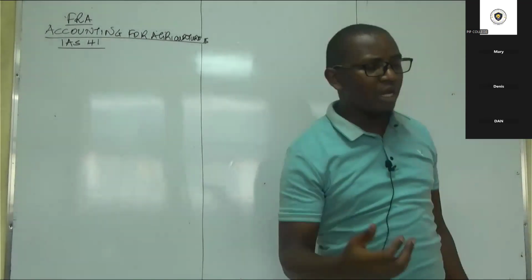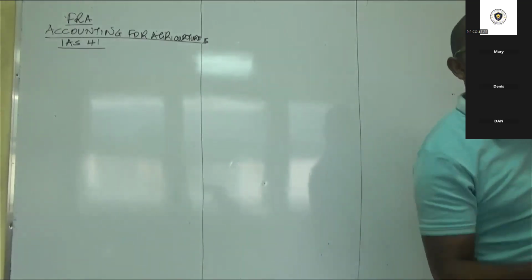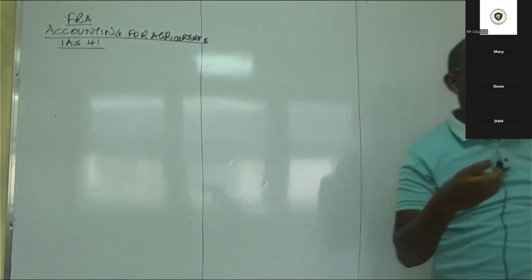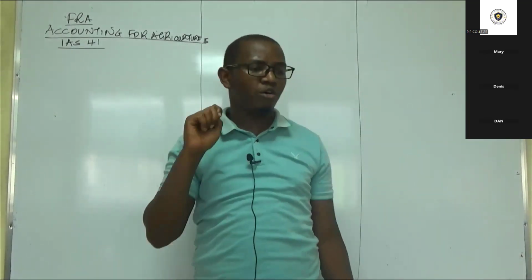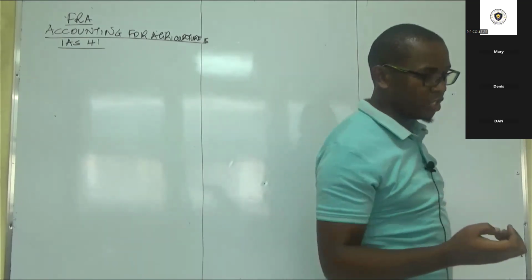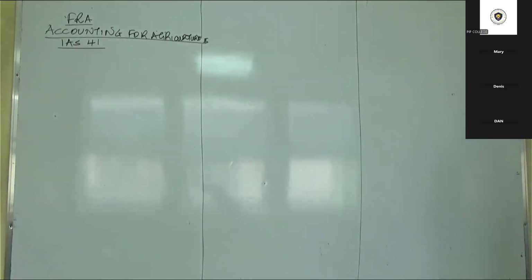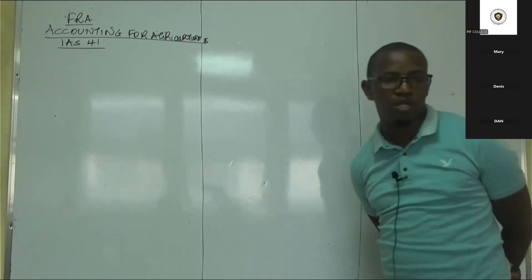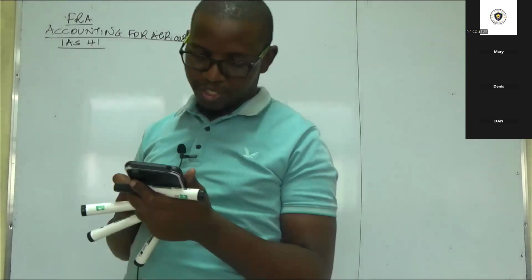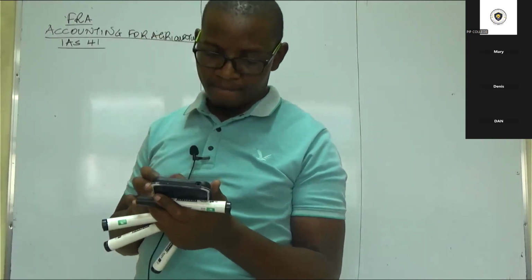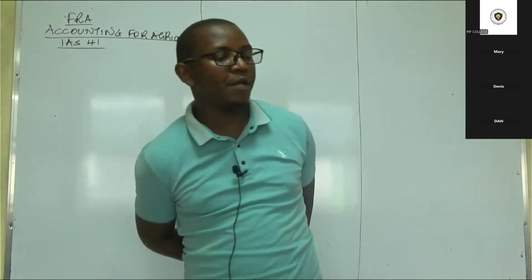Here we are talking about how do we treat the agricultural produce? How do we treat any gain on recognition of that given biological asset? Any gain also on the agricultural produce? How do we treat them? So number one, you can write and say: